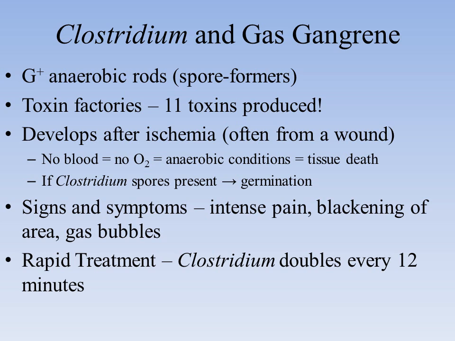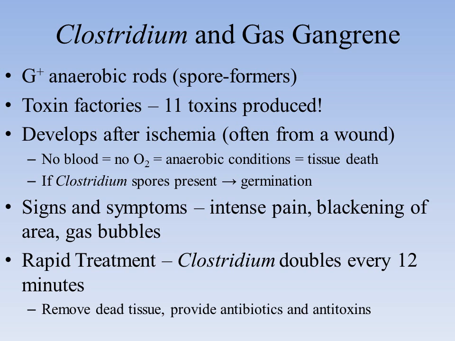When we grow E. coli overnight in the lab, we can get, at best, in the really enriched media, a doubling time of about 20-25 minutes. This is half that, so it can double in half the amount of time as our overnight E. coli can, which grows very quickly. So that's insanely fast. So how do you treat this? By removing the dead tissue as soon as possible,